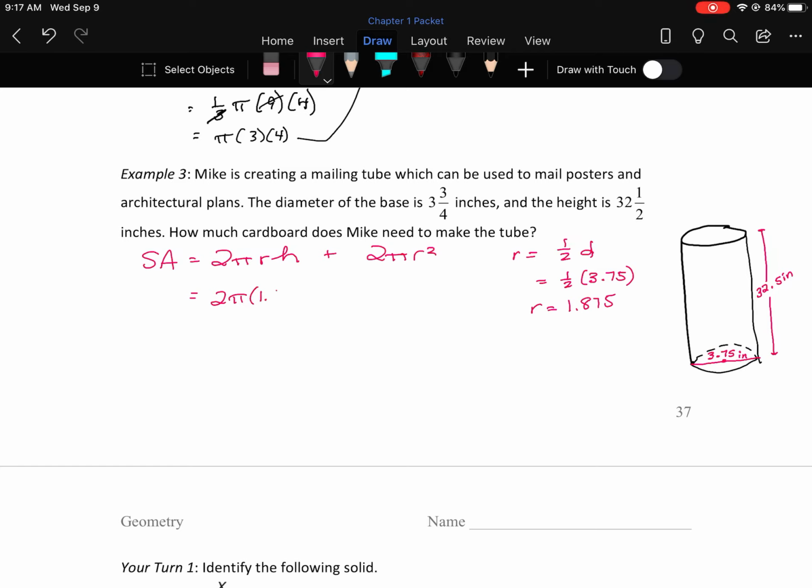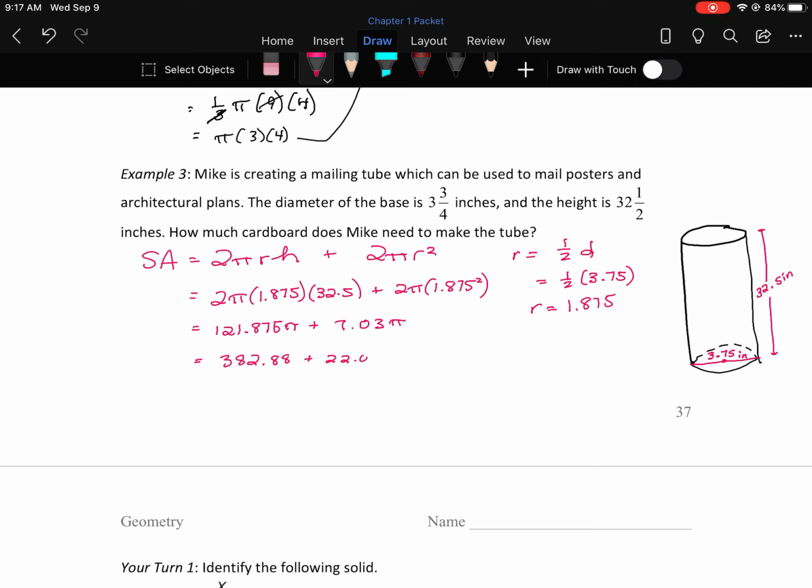So 2 pi times 1.875 times 32.5 plus 2 pi times 1.875 squared. All right, so multiplying all this through, except for pi, I get 121.875 pi plus 7.03 pi. So now this, if I multiply by pi, I get 382.88